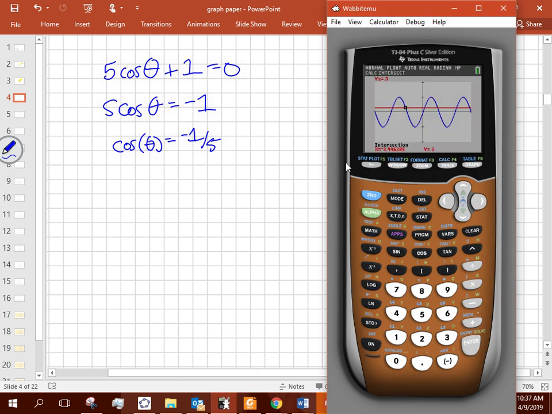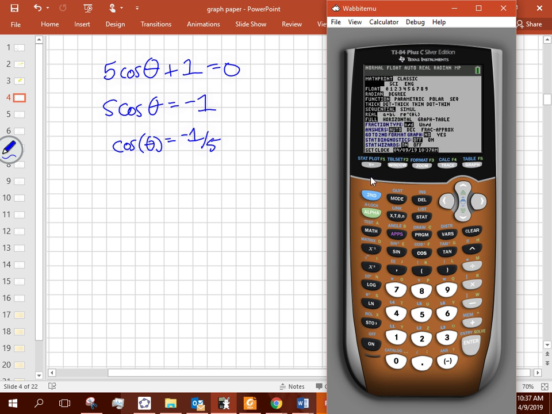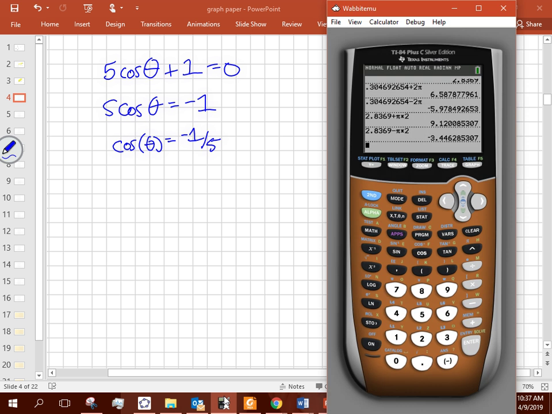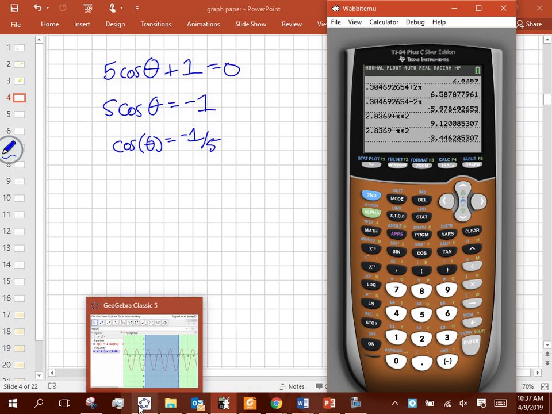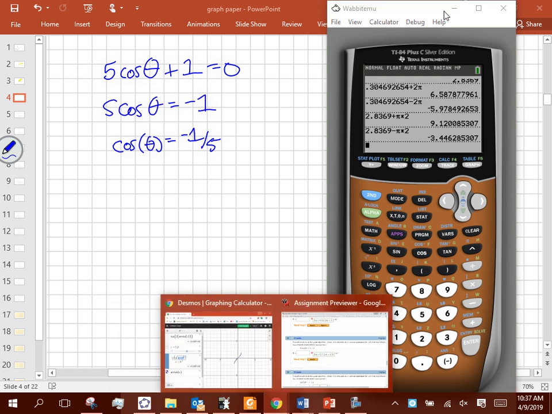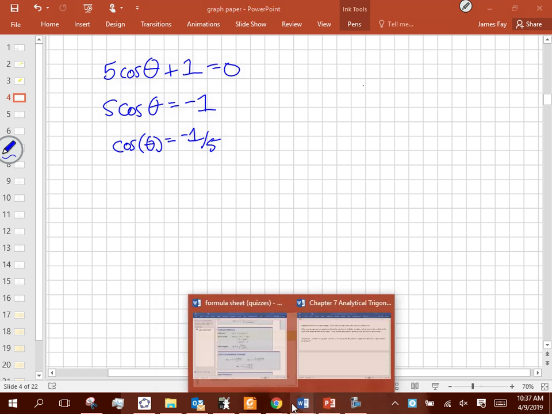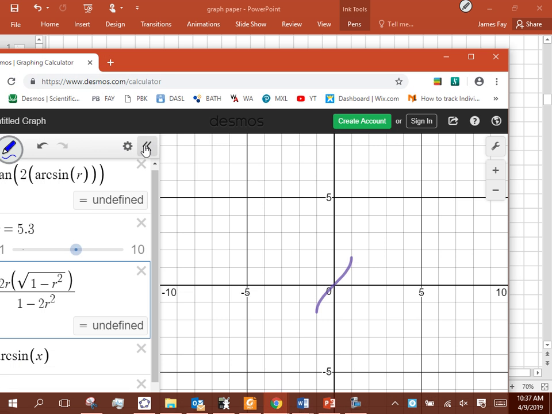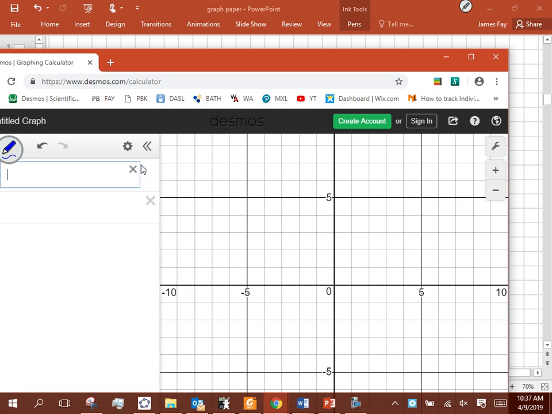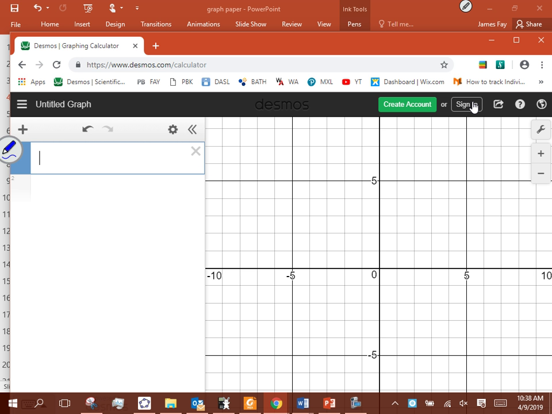And I believe it's set in radians, right? So let's just work directly with our calculator in that mode. Let me just do it on Desmos. I get tired of the TI-83, the way I can't use my keyboard. All right, so if we are in radians, we're going to go arc cosine of negative 1/5. Okay, and that gives me